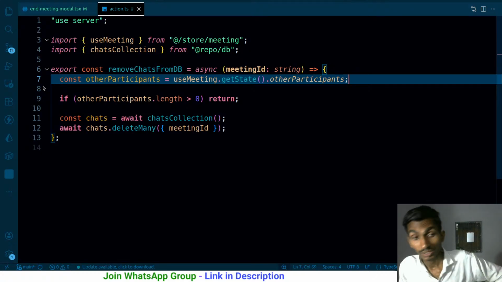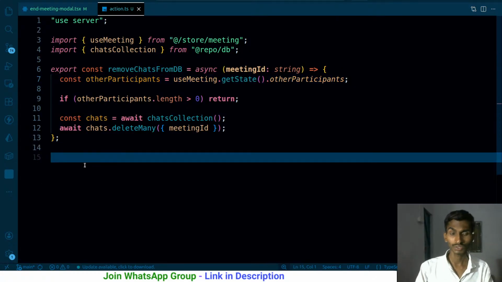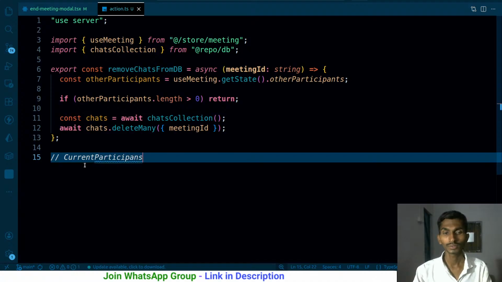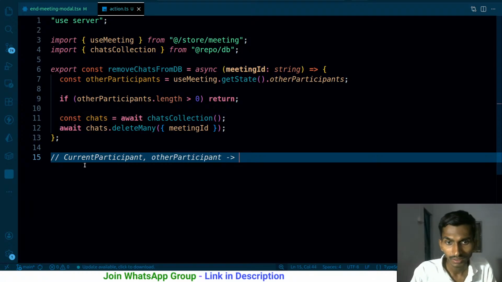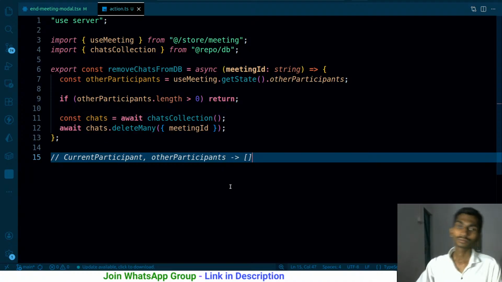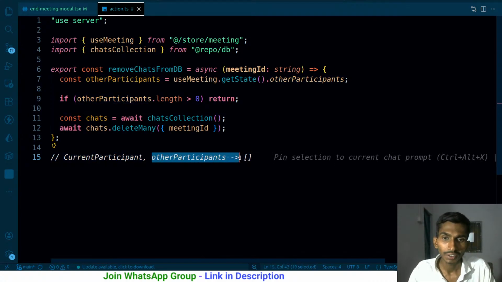there is a problem. What is the problem? The problem is that I have two things here. I have current participant, and I have other participants, and other participants does not contain the current participant. That is actually an array, just like this. And now when there are two users, the first user is the current participant, the second user belongs to this other participants category. And if the second user actually leaves the room, this actually becomes equal to 0,